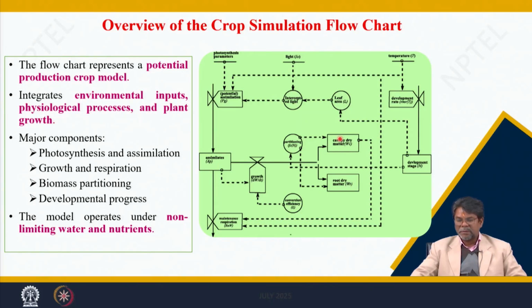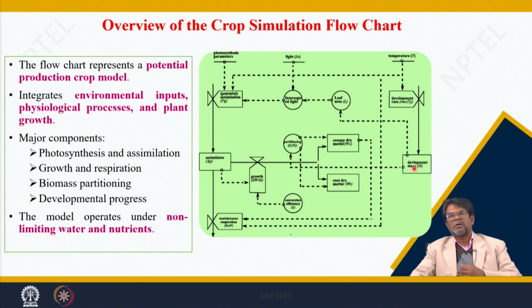So, these are represented by rectangles. Developmental stage is a state variable that varies over time, because the crop may be at a particular stage depending upon the leaf number or the node formation. The crop may be at the tillering stage, then move to the panicle initiation stage, then to the flowering stage. So, these are the developmental stages. This is a state variable that changes with time as the crop progresses, so the developmental stage changes as the crop transforms from one stage to another.